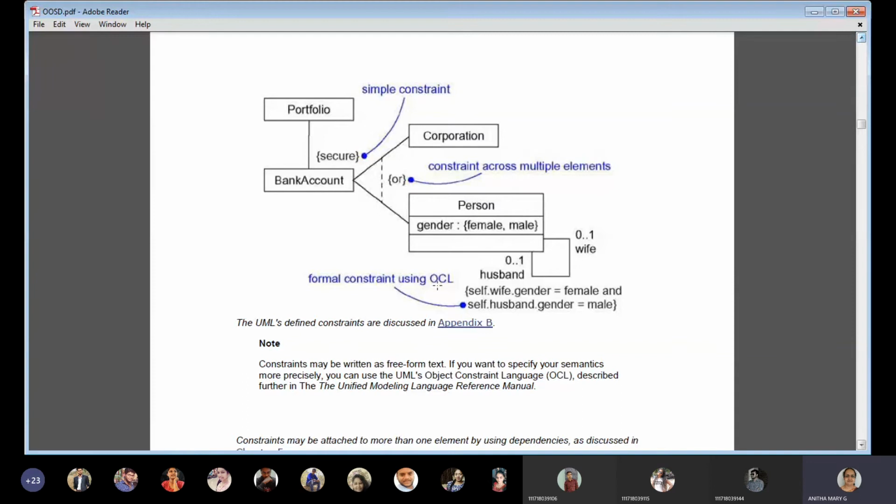And the next one is based on OCL, the Object Constraint Language. Based on genders, nominees, and cardinality, all that can be defined. So constraints, three ways you can give: simple constraint, constraint across multiple elements, and formal constraints using OCL. Okay, so these are the things about constraints.